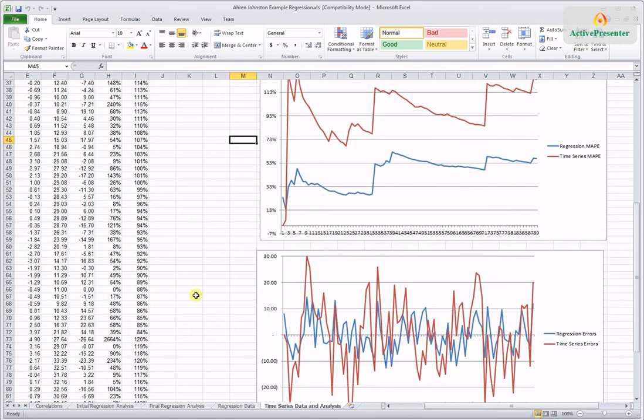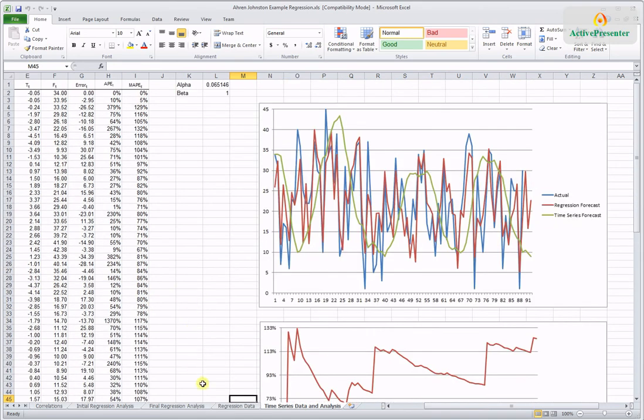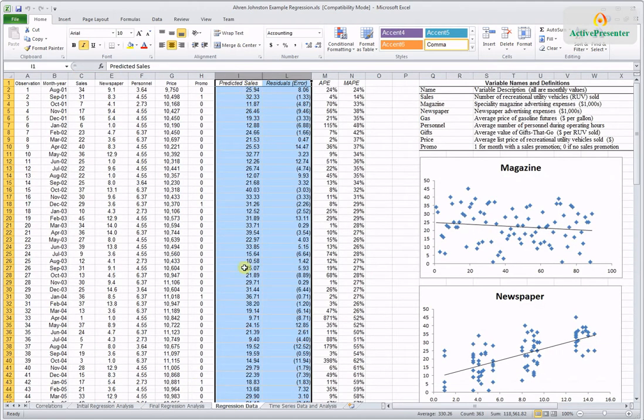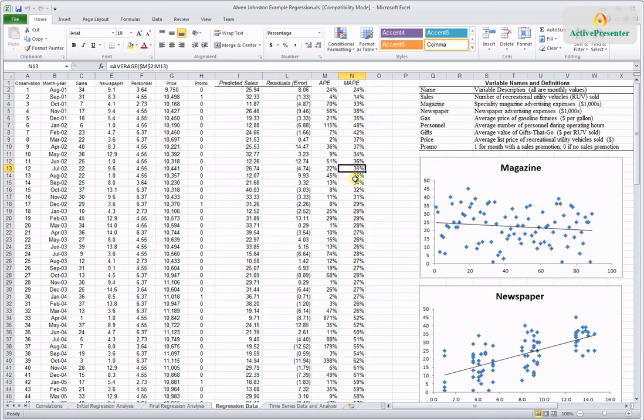percent error of 124%. I then went into the final regression analysis using the numbers, predicted cells and residuals, which Excel printed out for me. I also calculated absolute percent error and mean absolute percent error. Calculate all of those. So this is just absolute percent error is the absolute value of the percentage of the error. So in this case, 14 units divided by 40 units that are actually sold, so 36% error in absolute